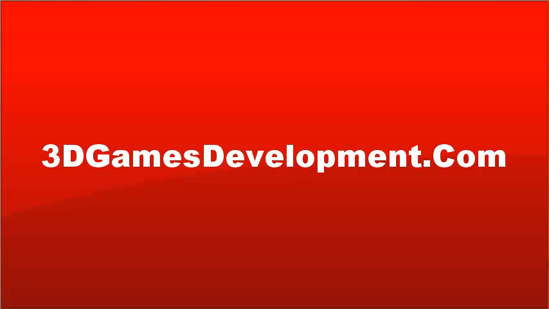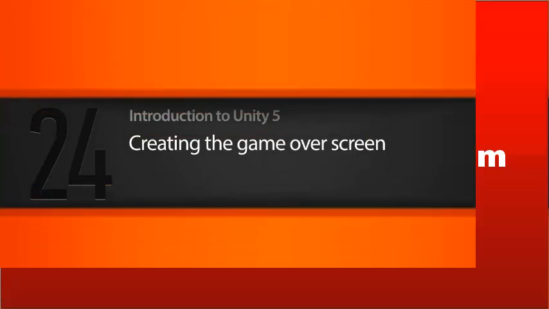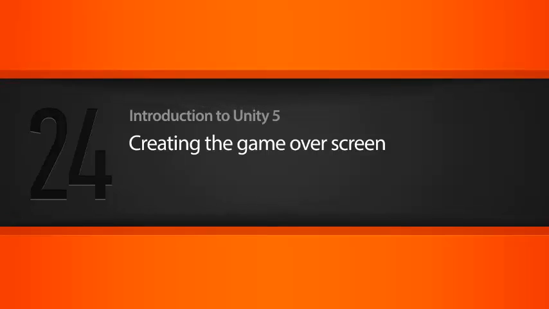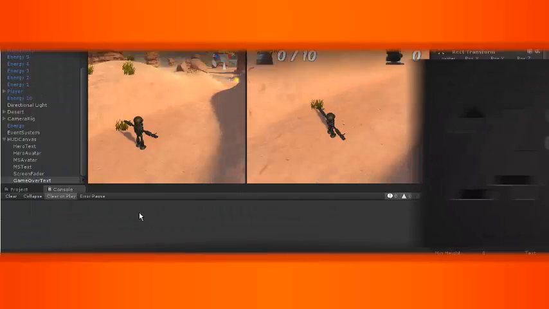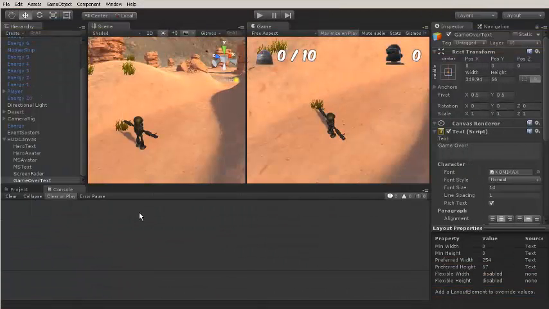In this lesson, we're going to create a UI element that will end our game. Alright, so to get started here, we want to create the elements that we need to show that the game